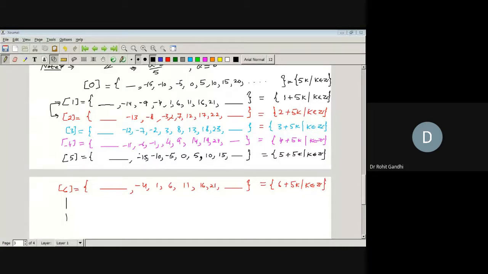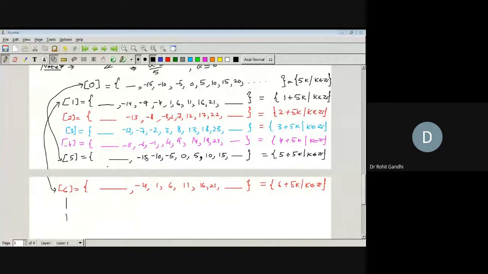If we see the equivalence class of 1 with 6, they are equal to each other, right? If you observe very carefully, 1 और 6 की जो equivalence class है, they are the same. In the same way, if you see the equivalence class of 0 and 5, the equivalence class of 0 contains the elements 0, 5, 10, 15, 20 and backward -5, -10, -15. Same here. If you see the equivalence class of 1 and 6, they are also equal to each other.